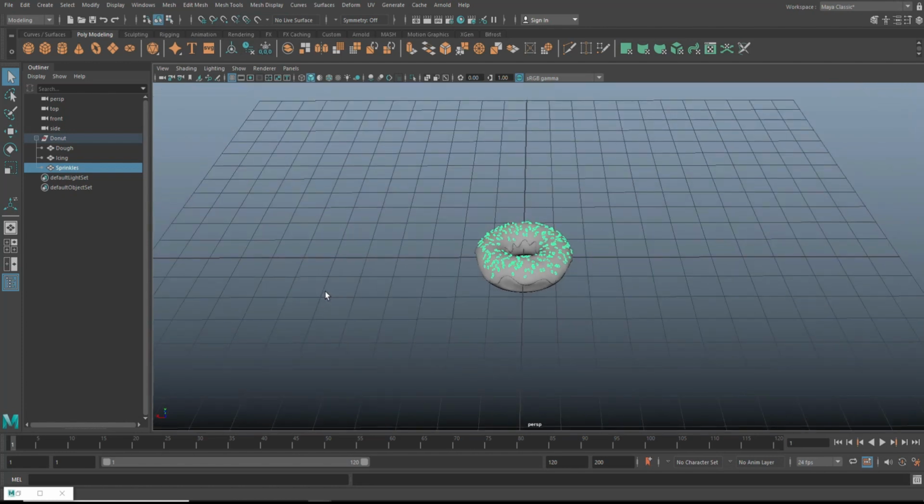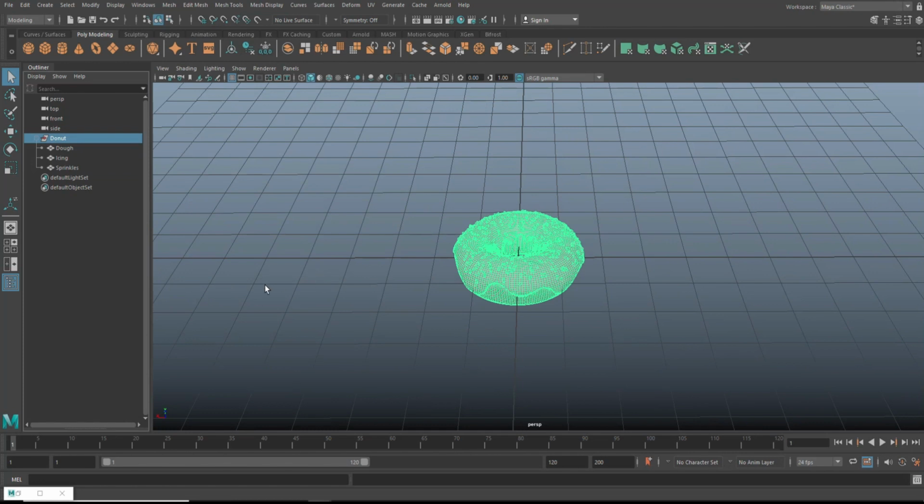We need to deal with the scale of our donut. Now, why? Well, because we're going to be applying lighting. Keep in mind, if you take a 6,000 watt light bulb and stick it into a shoebox, you're going to have a completely blown out scene, right? And on the other hand, if you take a 100 watt light bulb and try to illuminate a football stadium, it's not going to work either. Because the lighting in Maya has real world information, it's important that the donut is in the proper scale, right?